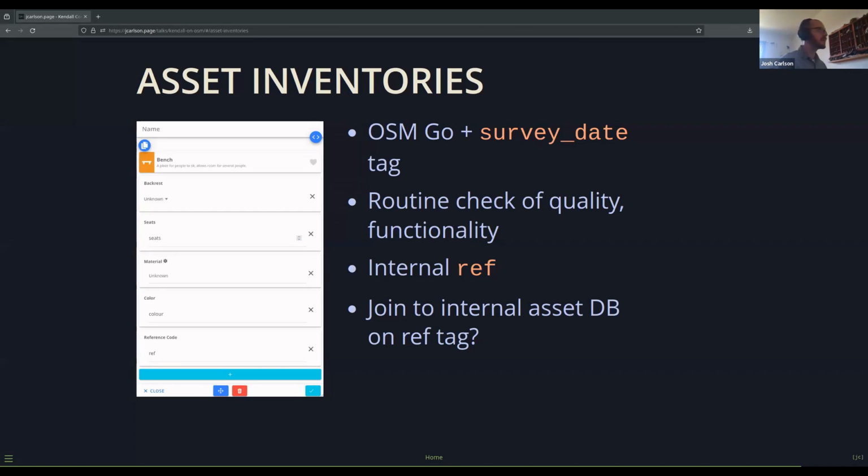I'm not in public works, so I don't know what it's all like. But I would think if I could just track the quality of my sidewalks by walking around with an app that already exists, with a data set that already exists, and do it in a way that's going to benefit other data users, that's a pretty no-brainer for me. Pretty good deal. So we're going to see what the reception is on that.